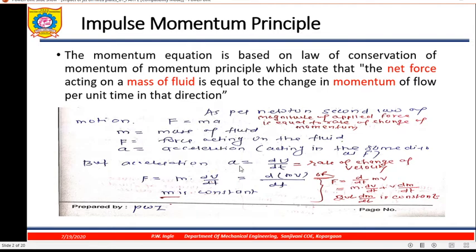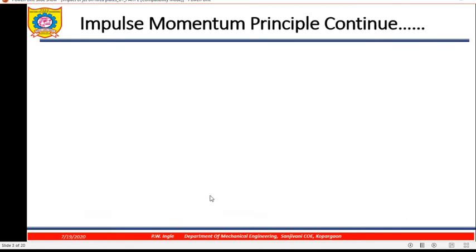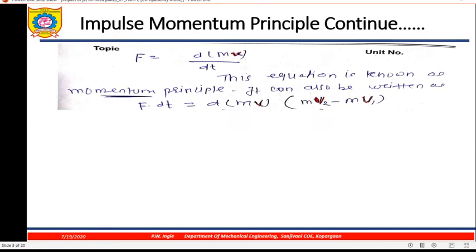Okay. Now what is acceleration? It is dv by dt, that is rate of change of velocity. So what are you getting then? F equals m into dv by dt. So it is d by dt of mv, which means force acting is equal to rate of change of momentum. What is mass into velocity? Momentum, linear momentum. Okay. So where m is constant, at last you are getting F equals d by dt of m into v.